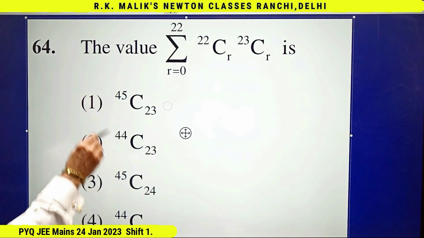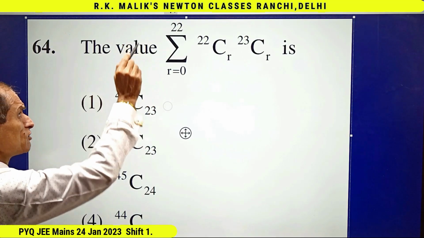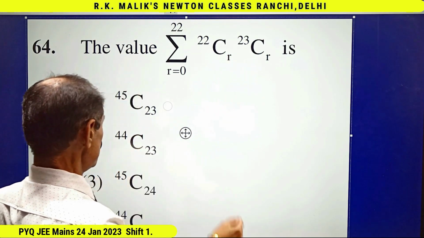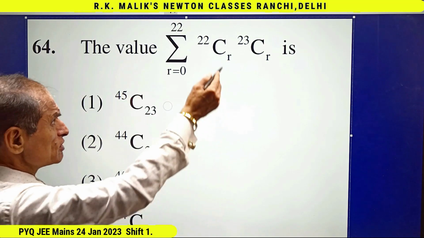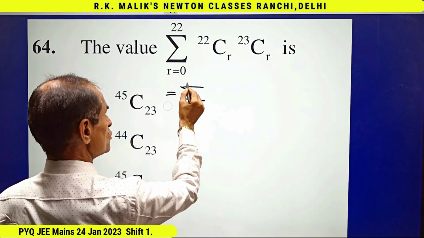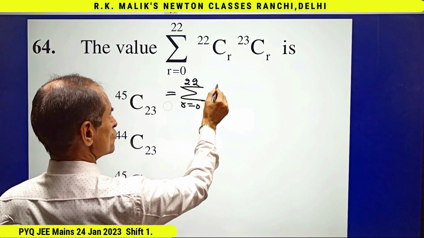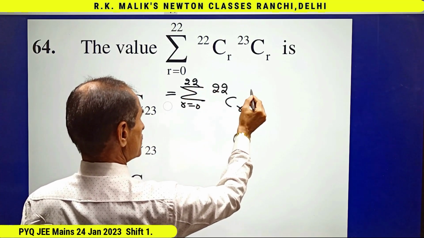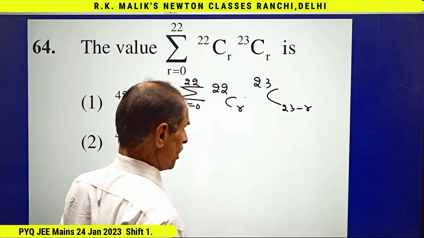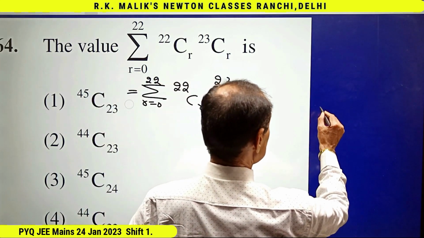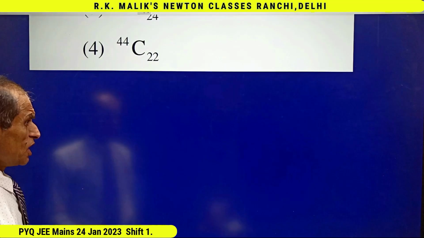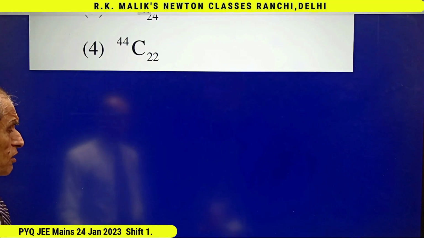In this question, he is saying the value of sigma r is equal to 0 to 22, 22 CR into 23 CR is, you have to find the correct choice. And now this is equal to sigma r is equal to 0 to 22, 22 CR into 23 C 23 minus R. Actually, here I have used the formula NCR is equal to NC N minus R. Now I am going to use a theorem called